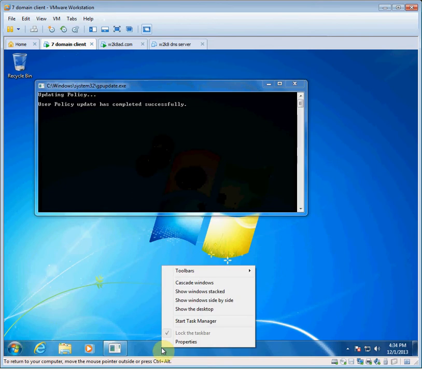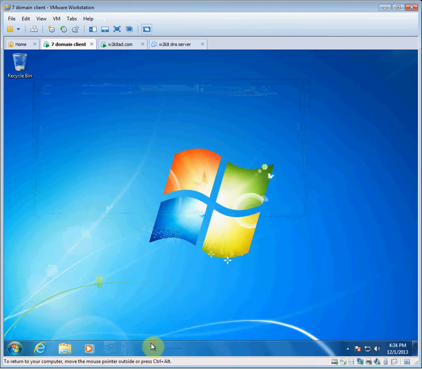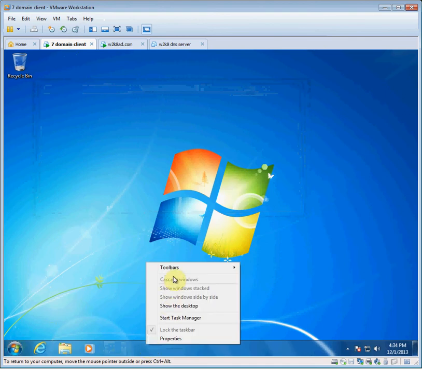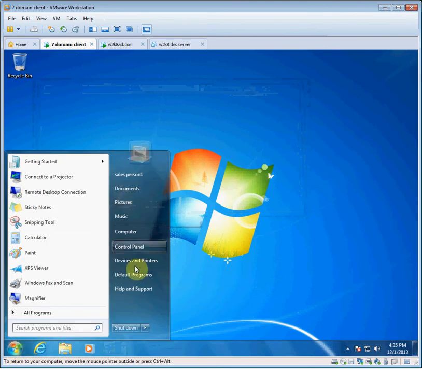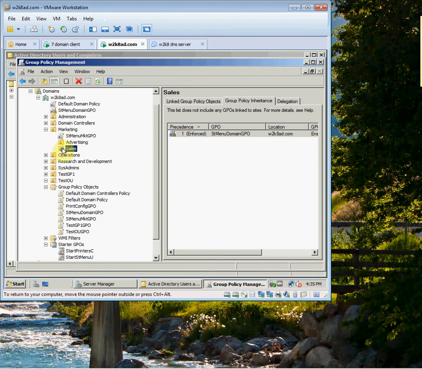So I'm going to right click on the start menu. Notice it says lock the taskbar. This stuff is disabled, so blocking inheritance doesn't work when you enforce a policy that's higher up. Notice the networking link is gone. Okay,